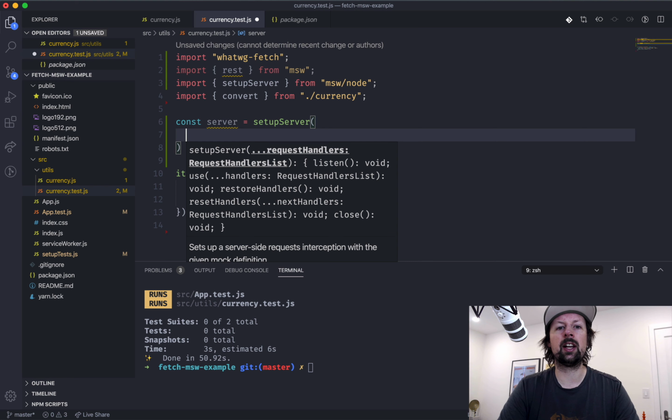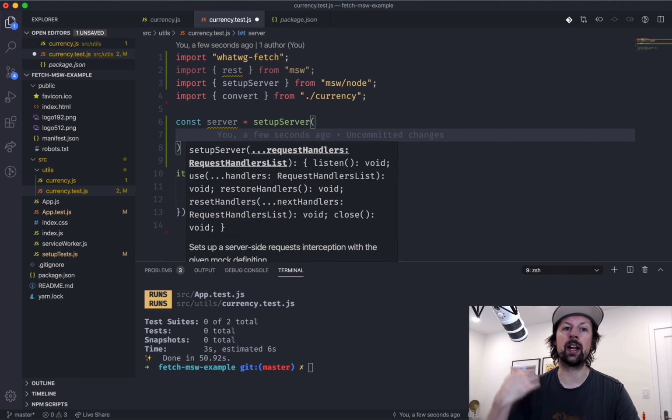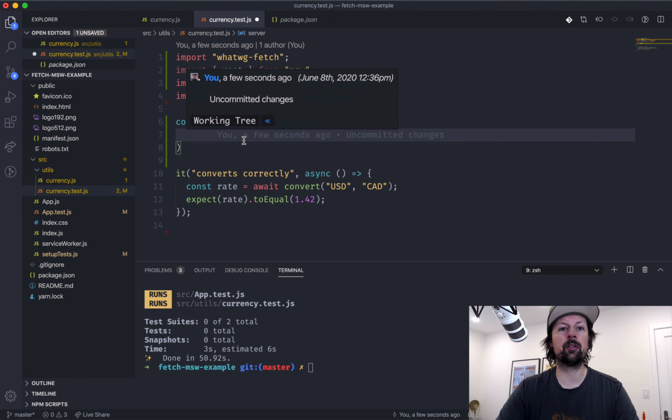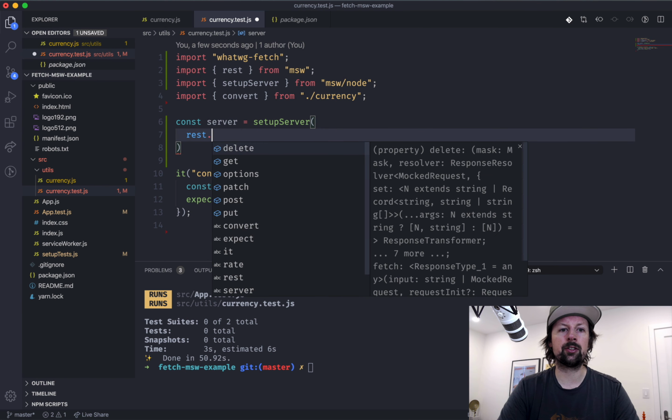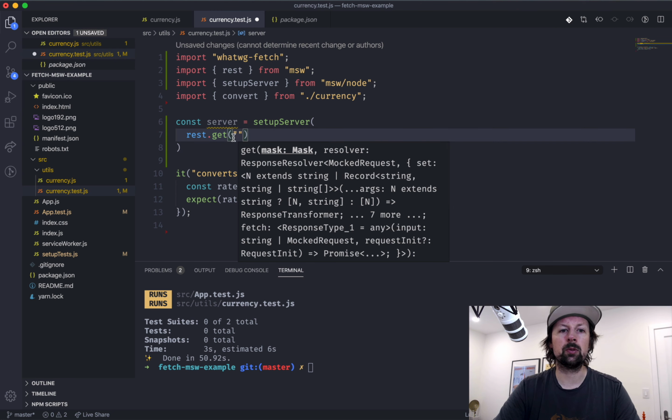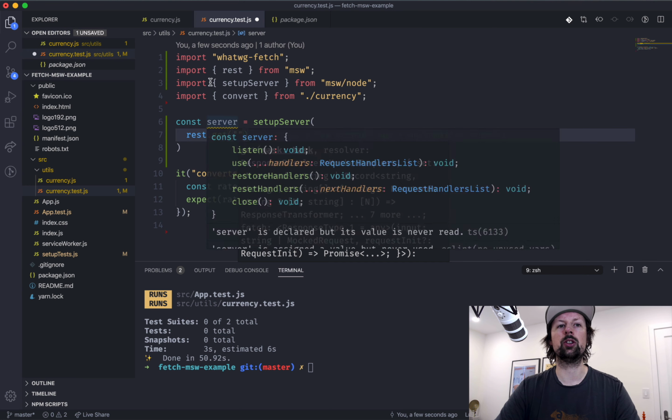Each of these request handlers basically looks for one URL or one pattern, and it intercepts that request, and then it can handle how it should respond rather than going out on the internet and actually making that request. So let's set up our first one now. We use rest, and we're going to intercept a GET request. And the first thing you put in here is the URL you want it to look for